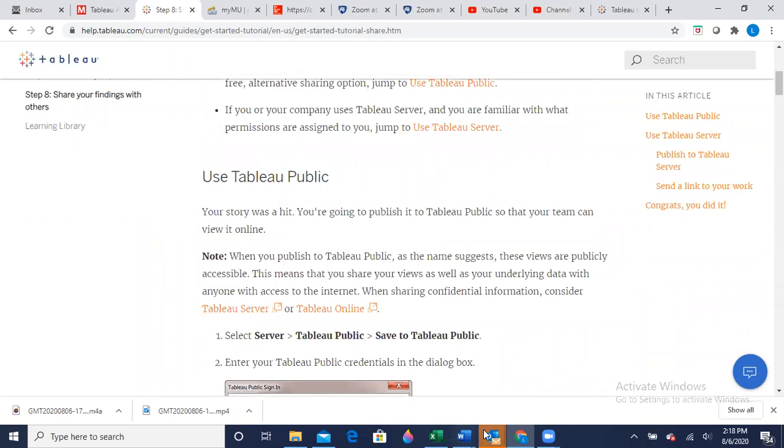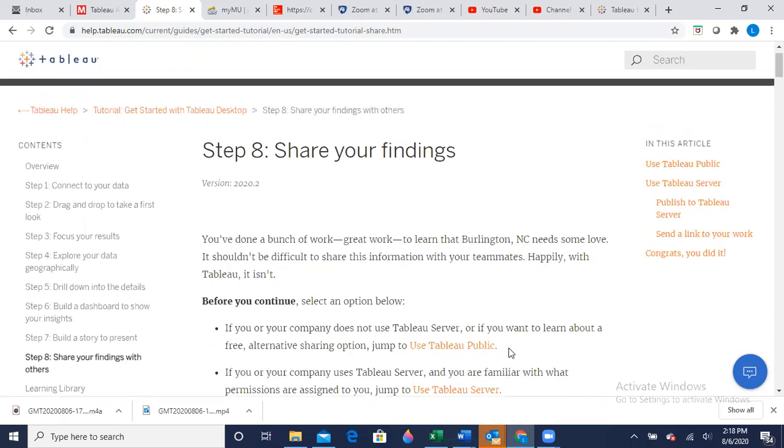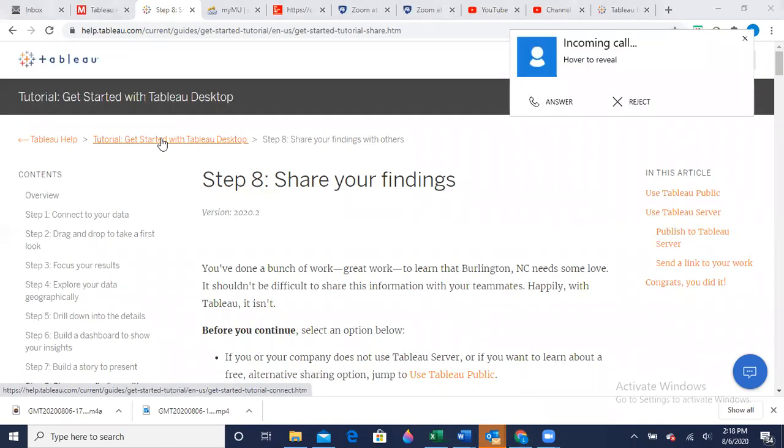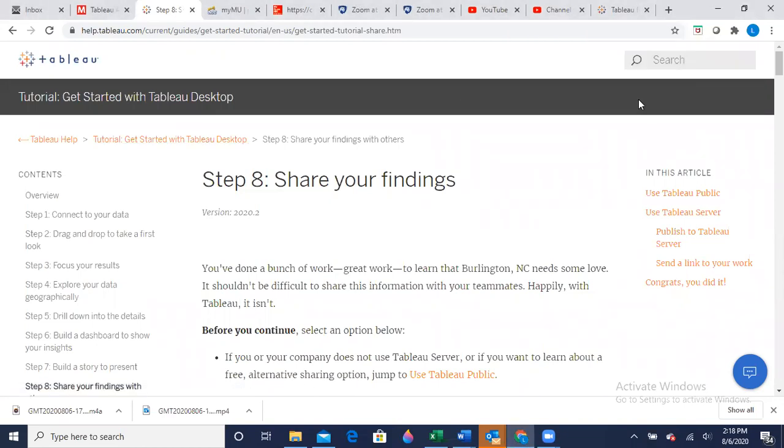Okay, and then there's the learning library. So take your time, go through each of these just to get a basic feel for what Tableau is and what you're going to be doing with it. And then starting in chapter 1, you will be utilizing Tableau and taking things step by step by step on how to complete a particular activity in chapter 1 so you can arrive at that beautiful picture of your data. If you have any questions as you're going through this or having problems with downloading the software, just let me know.